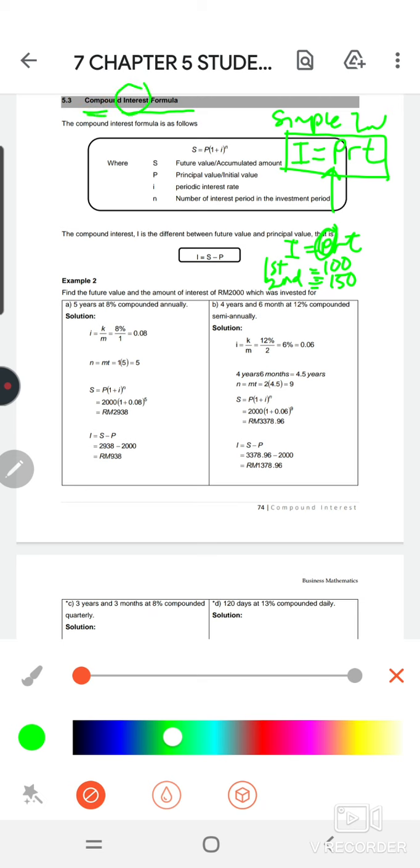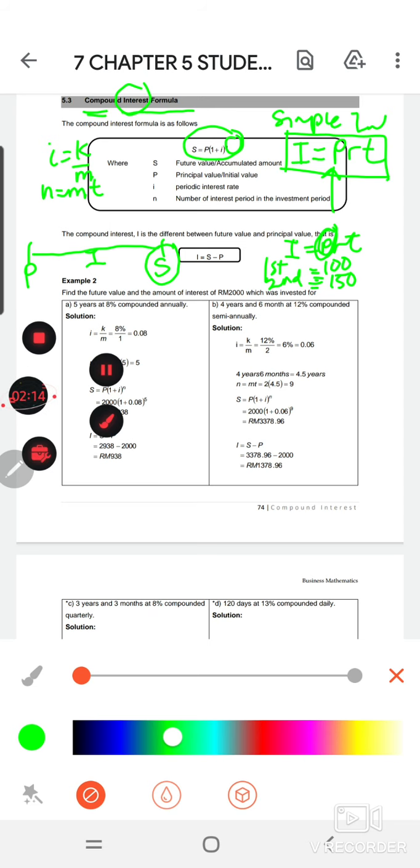But since it is compound interest, first you need to find S. S is the future value. Like we have learned before, we have P the present value, and then we have S. In the middle we have the interest. So it means that for compound interest you need to find S first. So the formula of S for compound interest is S equals P(1 + i)^n. And then we know that i equals k over m, and n is m multiplied by t. So this is the formula for S, and after you get S,